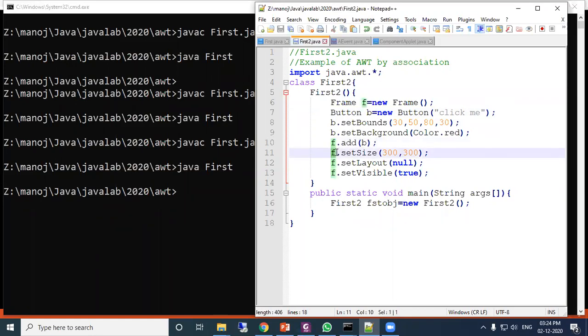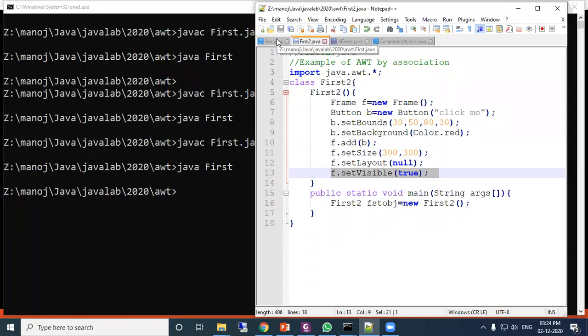Next, the frame size is set to 300, 300. f.setLayout null, the layout is set to null. f.setVisible true. So this is the other way of using the Frame class inside our class.